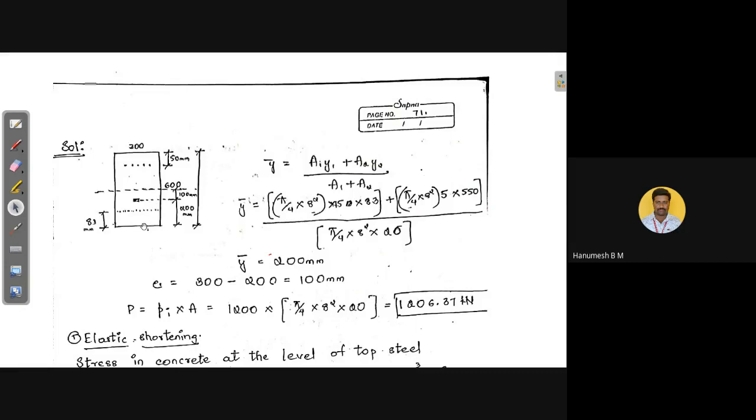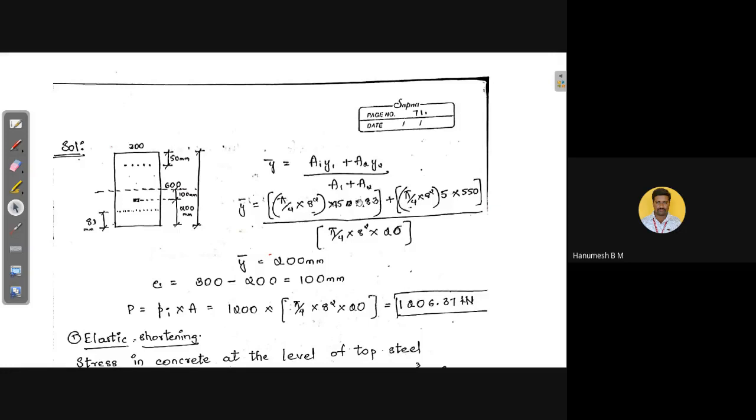Y2 means with respect to the bottom soffit of the beam, I am calculating the distance. The overall depth of the beam is 600 mm. From the top of the beam, the wires are located at a distance of 50 mm. It implies that from the bottom, it should be 600 minus 50 mm. It is 550. Repeat. We have to take y2 as the position of the steel from the soffit of the beam, taking the soffit of the beam as the axis. Hence, this y2 will be equal to 600 minus 50 mm. It is 550 mm. Whole divided by a1 plus a2.